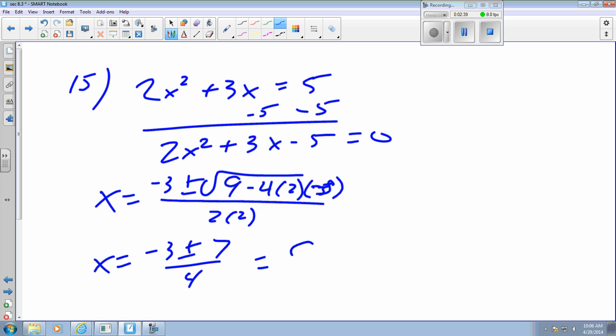Let's get our two answers. Negative 3 plus 7 is 4. 4 divided by 4 is 1. Negative 3 minus 7 is negative 10. Negative 10 over 4 would be negative 5 halves. For number 16,